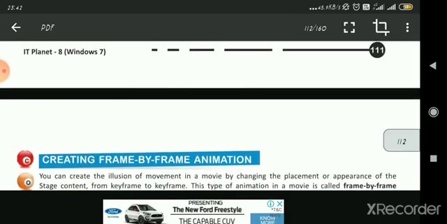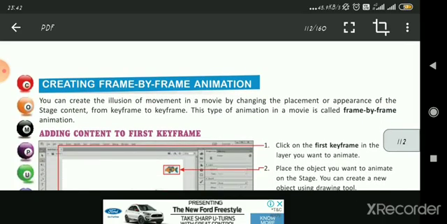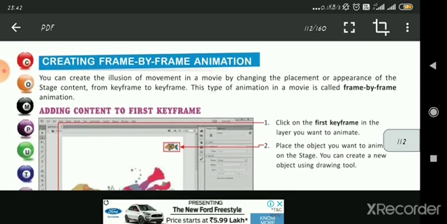Okay, now the next topic is creating frame by frame animation. Means you have one frame, then again a frame, one by one, how you will create an animation on the frame. You can create the illusion of movement in a movie by changing the placement or appearance of the stage content. It's just an illusion that we see that a movie is running continuously.